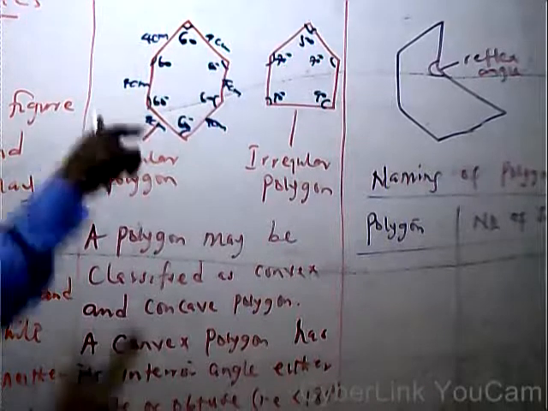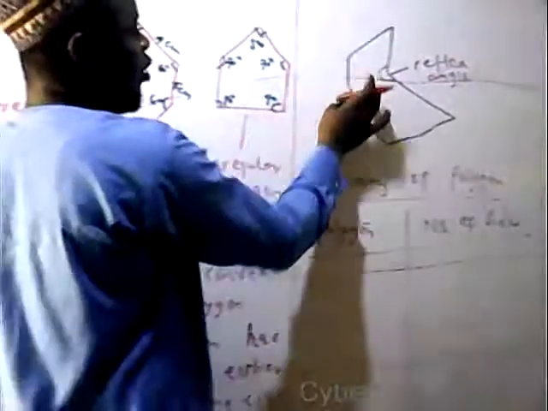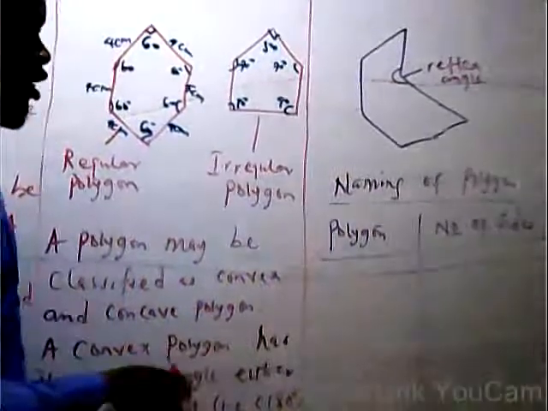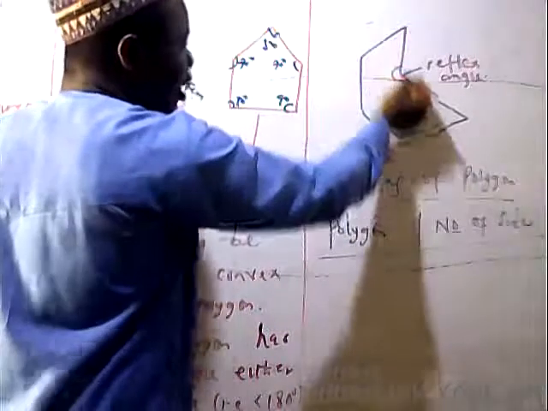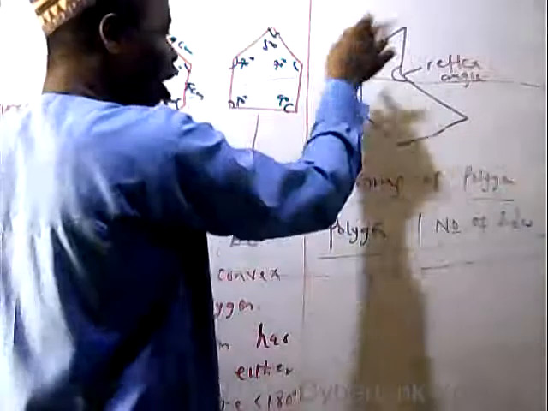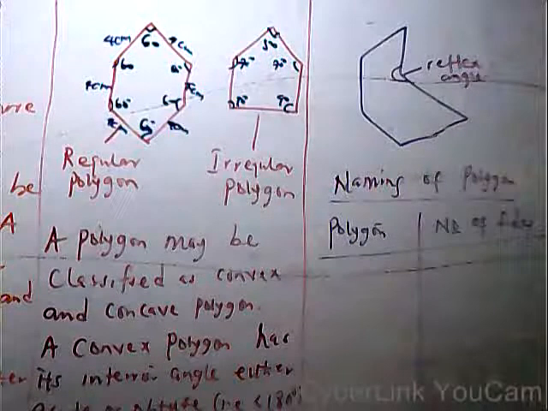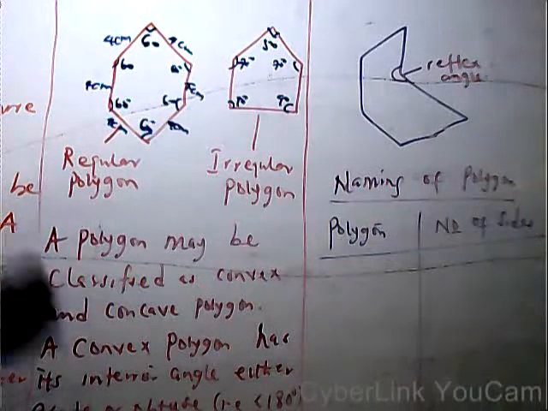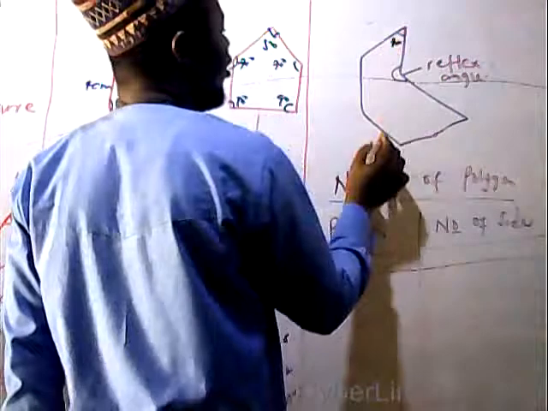Now look at this polygon. If you look at it very well, you will see that one of the angles here is more than 180 degrees. This angle is more than 180 degrees. So in as much as we have an angle in it that is more than 180 degrees, we refer to such a polygon as a concave polygon. So for instance here, maybe this one is 90, this one is 70 degrees,